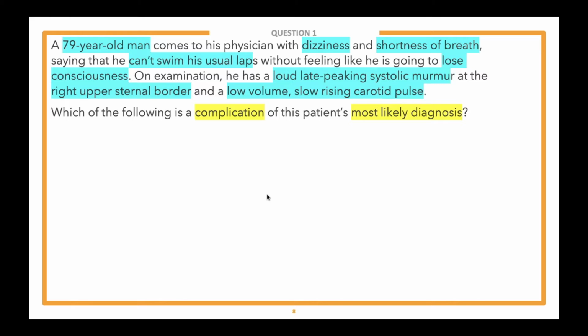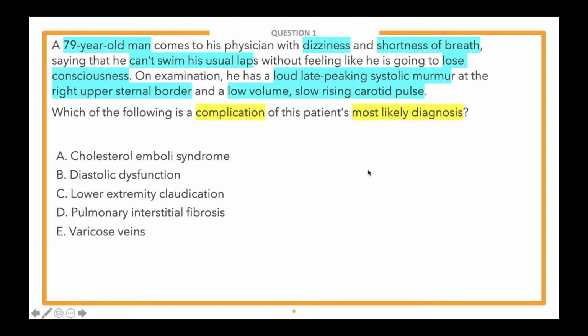So what we're going to do is we're going to go ahead and take a look at the answer choices. And what we have here are 5 answer choices. And what we recommend is that when you're going through the answer choices, that you start at the bottom and work your way up to the top. Okay, so in this example, we would start with answer choice E and then work our way up to the